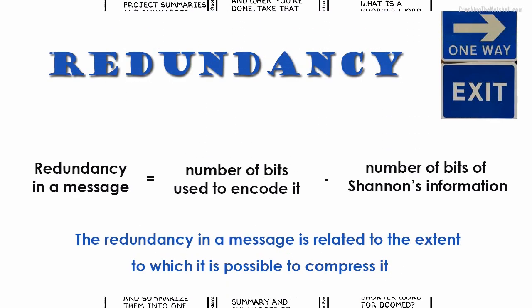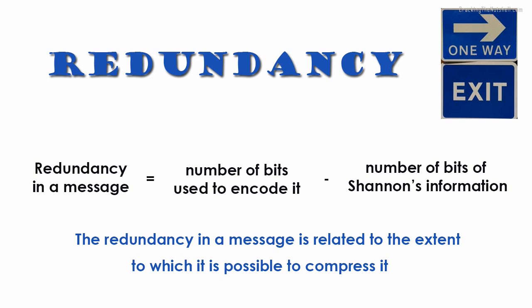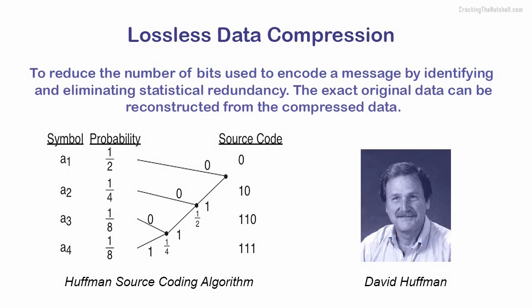In information theory, the redundancy in a message is the number of bits used to encode it minus the number of bits of Shannon's information contained in the message. Redundancy in a message is related to the extent to which it is possible to compress it. What lossless data compression does is reduce the number of bits used to encode a message by identifying and eliminating